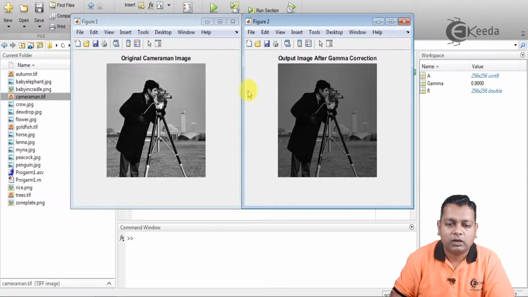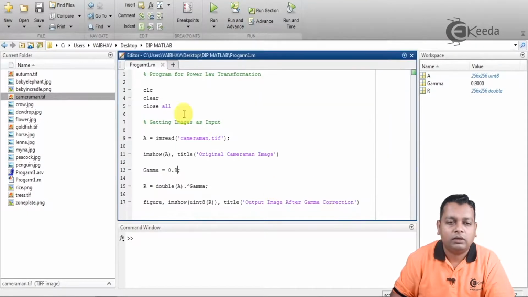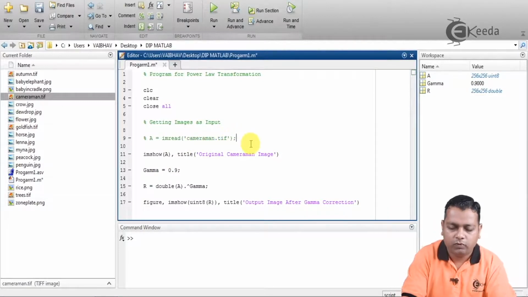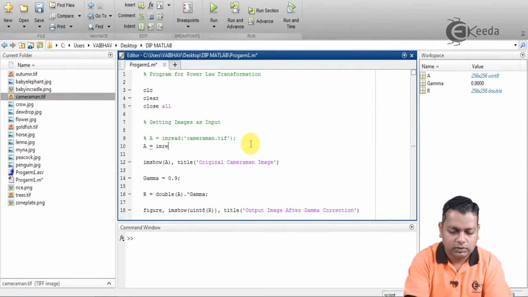Gamma correction actually tries to have linearity in the grayscale levels of the image sample. We have demonstrated it for two values of gamma. Instead of cameraman.tif, if we provide some other image, let us write the imread syntax again and give another image here, autumn.tif.